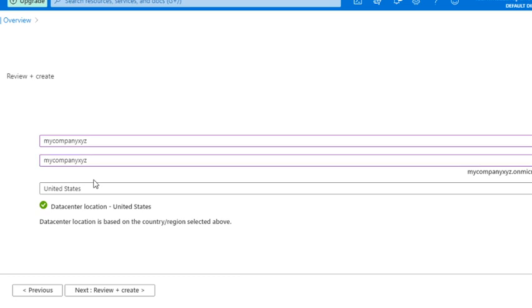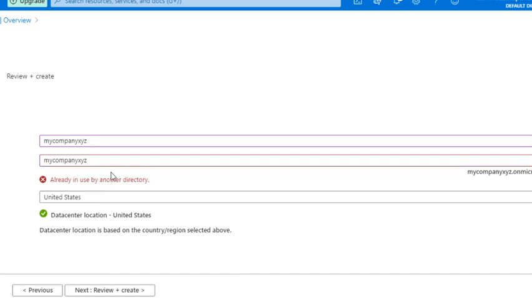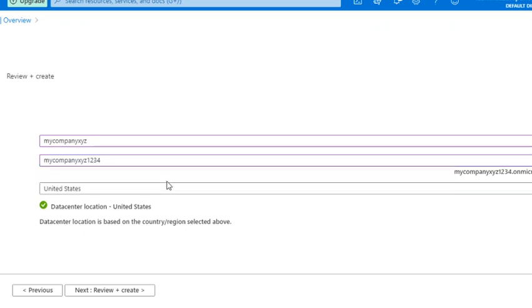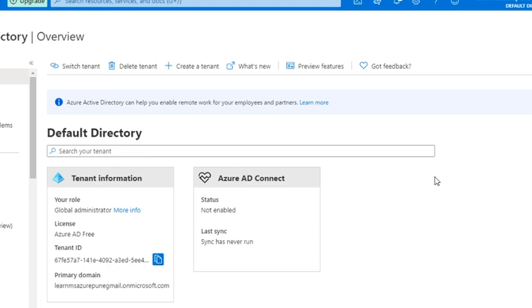Now it will validate whether this particular domain is available or not. So I just append something. Now it is available. It took around 2 to 3 minutes to create the tenant. Now if I go to Switch tenant,